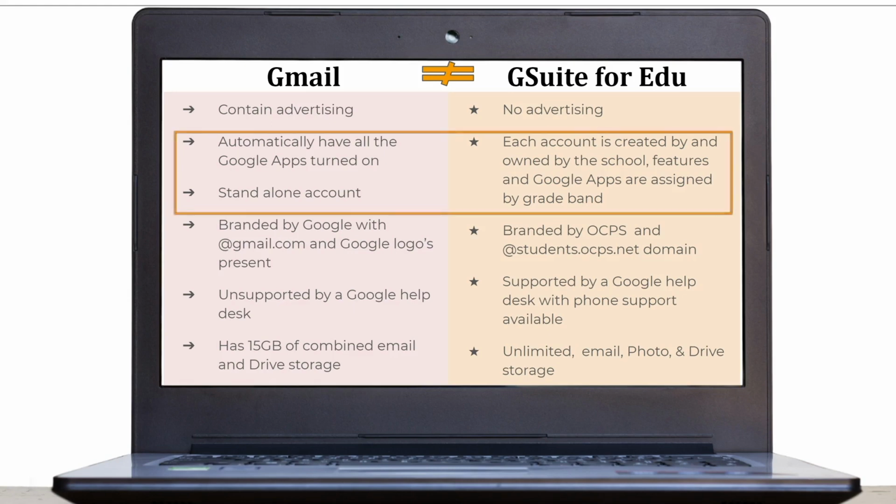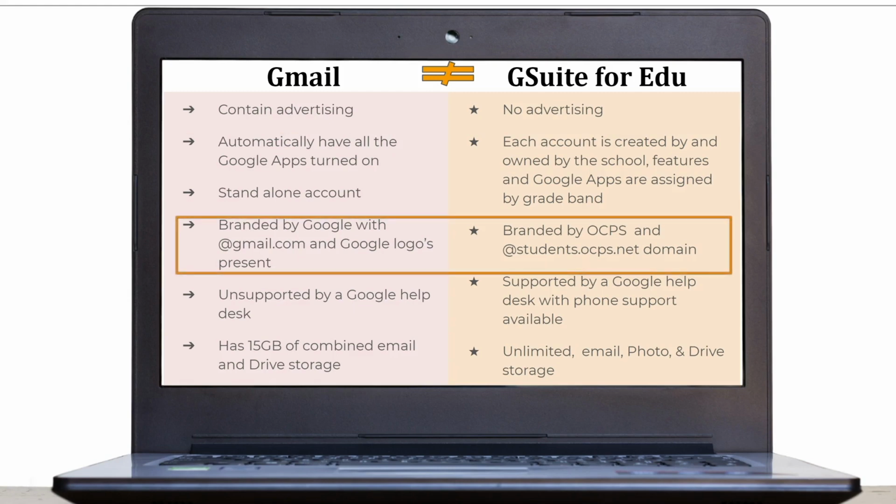A second important feature is that when you sign up for a Gmail account personally, you automatically get access to every Google app, like Google Sites, Google Docs, etc. But with a G Suite for EDU account, we own the account, and therefore we decide which Google apps are assigned to each grade band. There are some Google apps that we only provide access to, like Google Groups, etc., for middle school and high school.